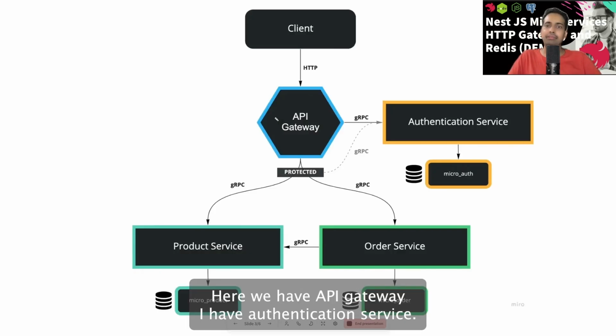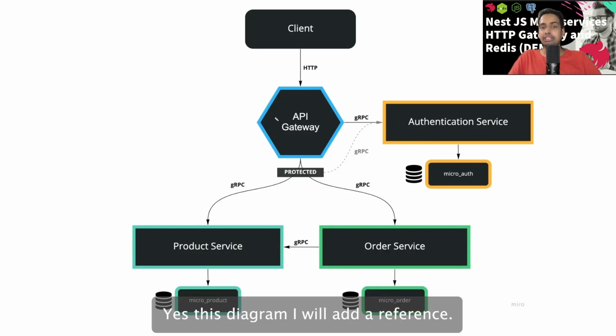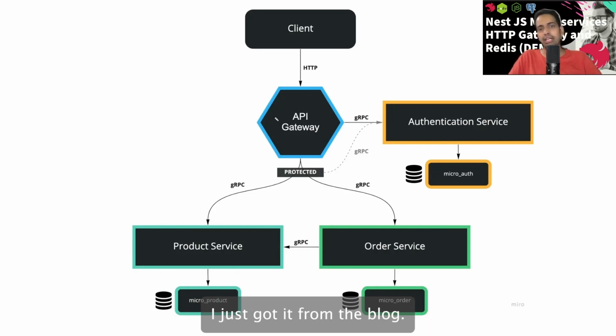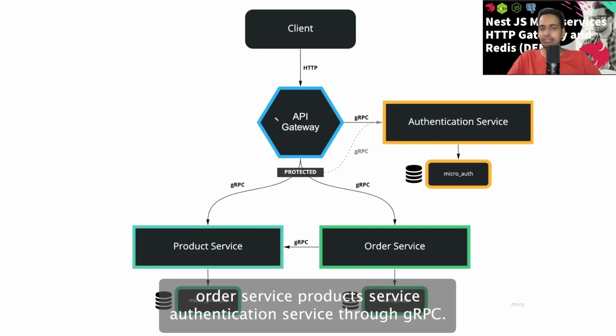Here we have an API gateway, I have an authentication service, and you can see everything is designed using Nest.js. This diagram I will add as a reference. This is not designed by me, I got it from a blog. This is a simple API gateway, and the API gateway is communicating to the external services, order service, product service, authentication service